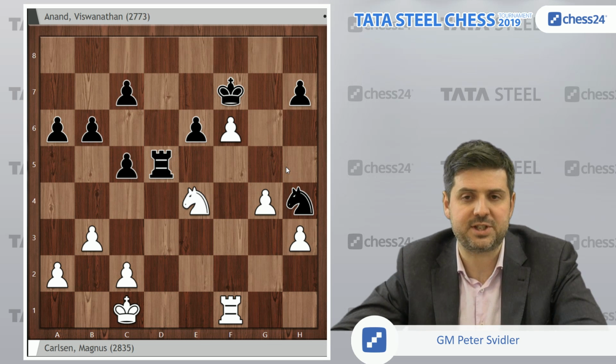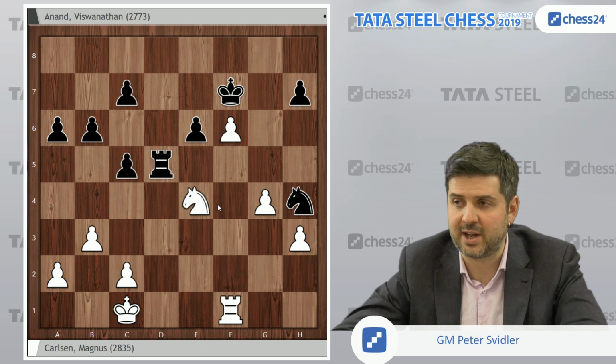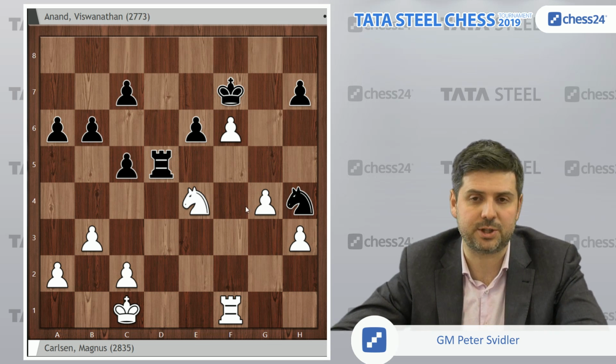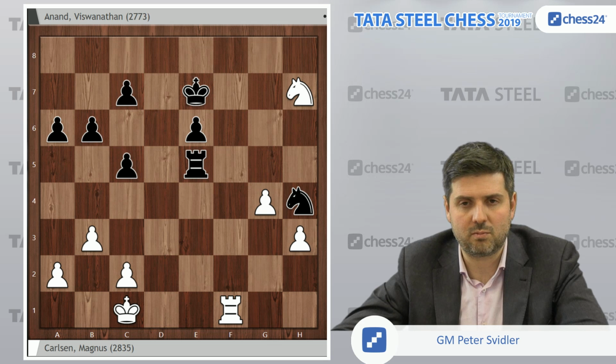And you can sort of understand why, because it will be difficult to establish proper control over this structure. Black has all kinds of rook e5 ideas. The white pieces seem to be slightly hanging in the air here, and the pawn on f6 might turn out to be a weakness and not a strength. So knight f6, rook e5, knight h7,